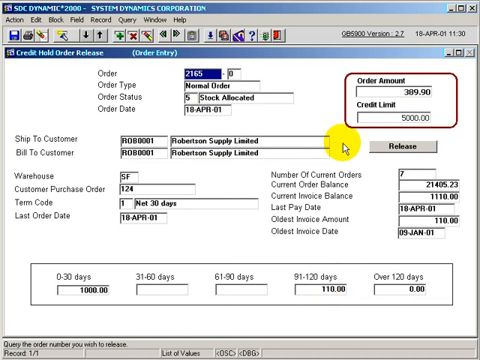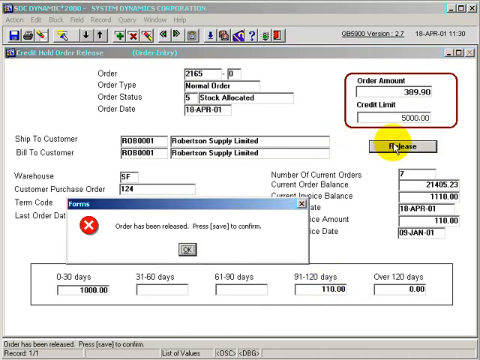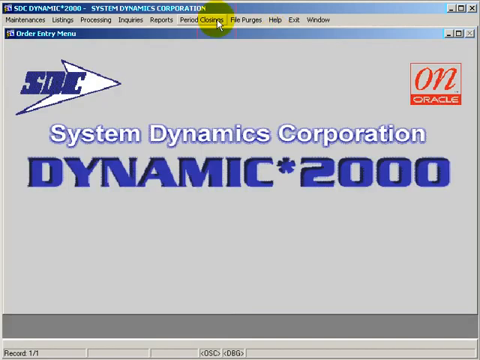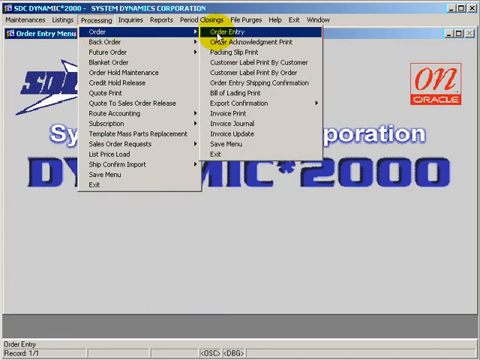So in this case, if we wish to take it off credit hold, we press the release button. The order has been released, and then we save using the save button. Now this order is no longer on hold. So if we go back into the order entry program,